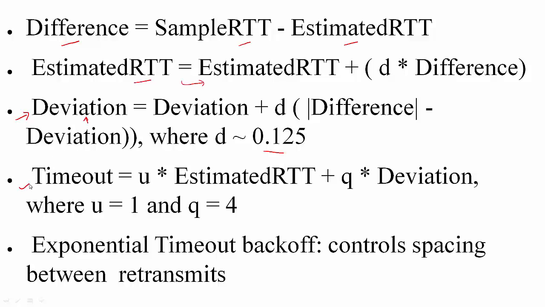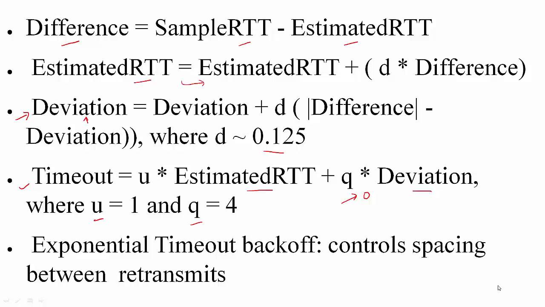where the timeout is dictated by this equation, where you are considering both the estimated round trip time as well as this weighted average of the difference. And the U and Q are chosen as under. Now suppose your deviation is very small, then this factor tends to 0, in which case your timeout is dictated by your estimated round trip time. Notice that in this case, when the load is less, your timeout is estimated round trip time plus a small constant. It's not twice the estimated round trip time as was being done earlier.